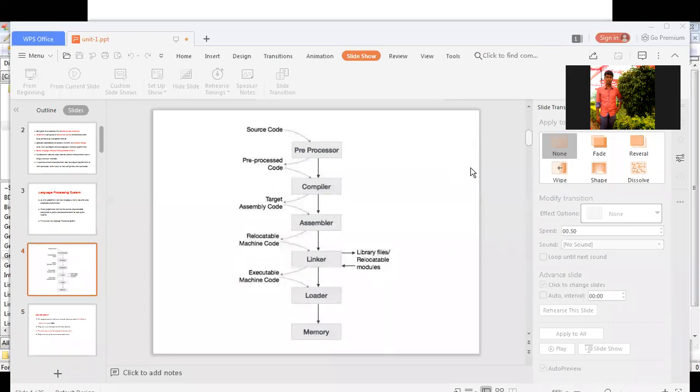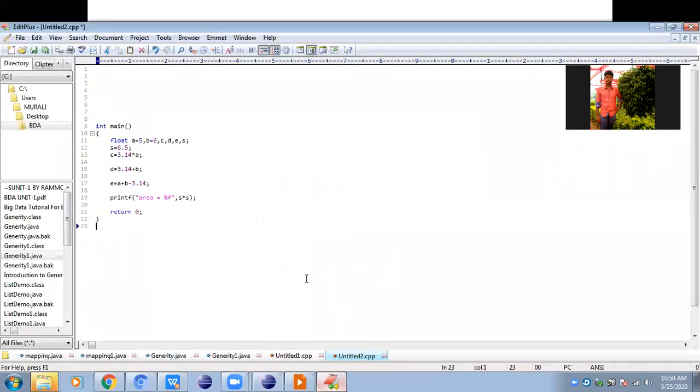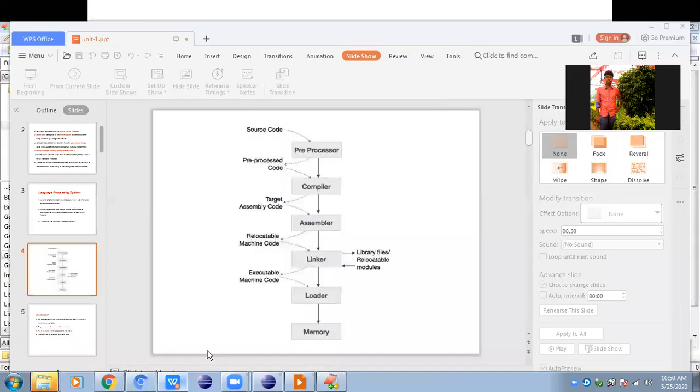Now the source code will contain the preprocessor directives. The preprocessor will replace those directives with their corresponding code. That new code is called the preprocessed code. Is it clear?